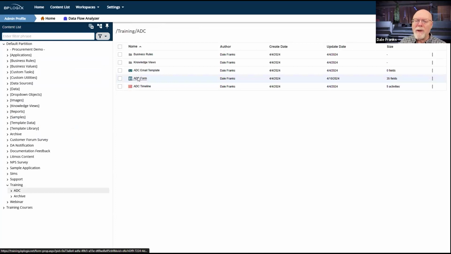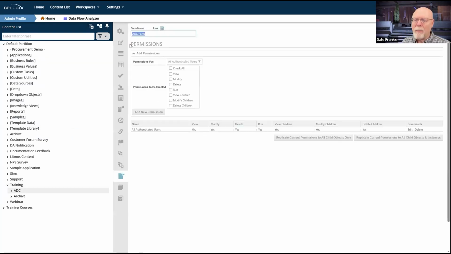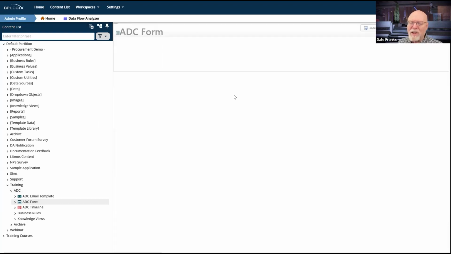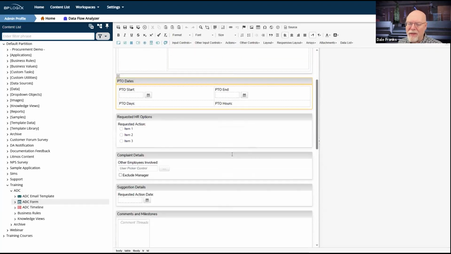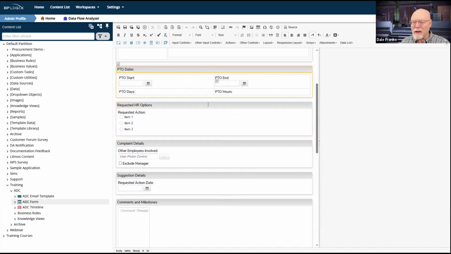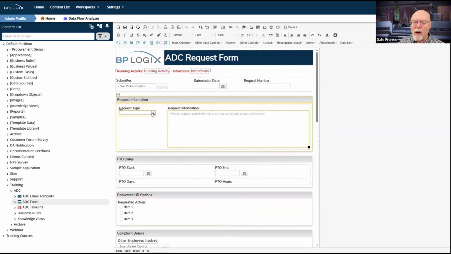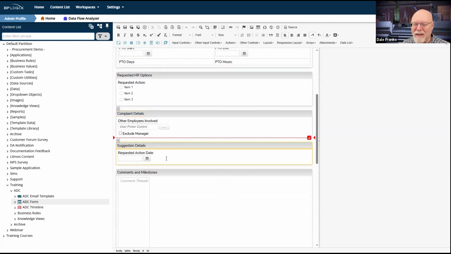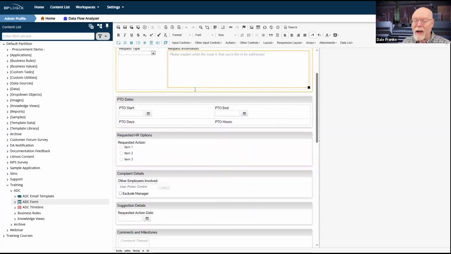On the form itself, I also made a couple of additions to the form. I had these sections down here at the bottom of the form for the different types of requests that we might have. Now, last week we came up with 4 different request types: time off, an HR request, complaints or suggestions, and I created the sections, but what I didn't do was do any of the fields that were in there.